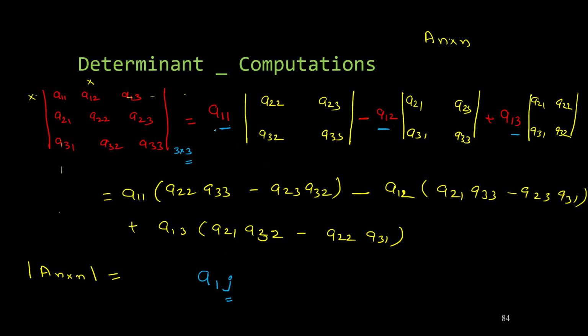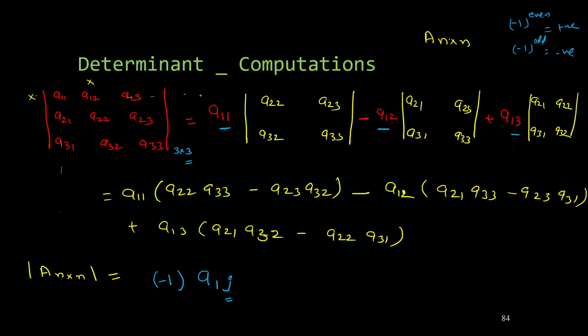Now you also notice that the sign is also changing. This is positive, negative, and so on. In mathematics, whenever you have alternate plus minus signs, you can represent it with -1 raised to some power. Because we know that -1 raised to some even number is always positive, and -1 raised to an odd number is always negative.